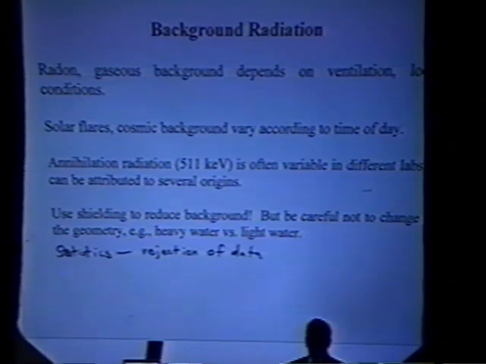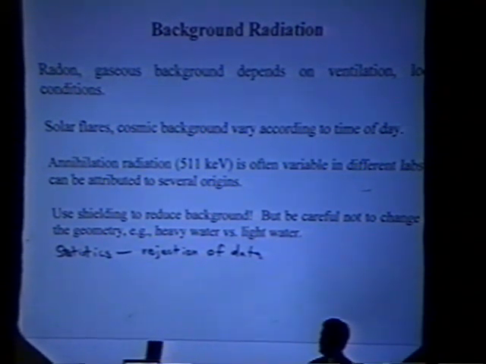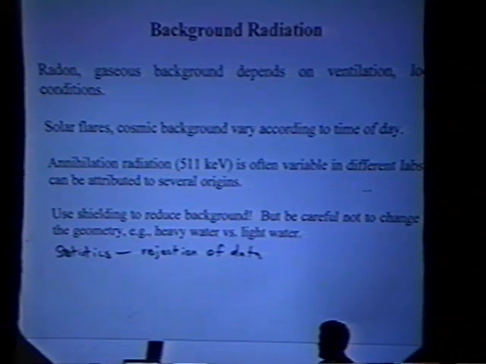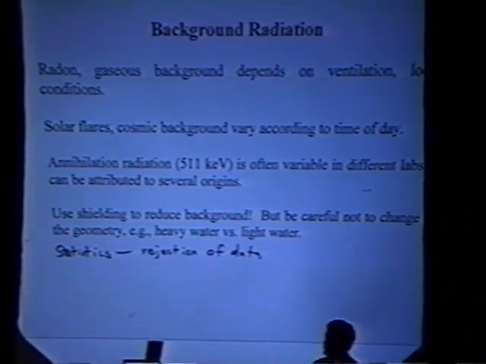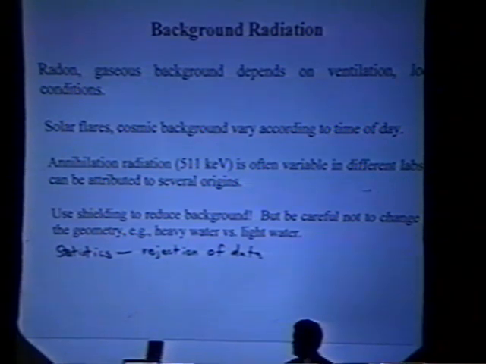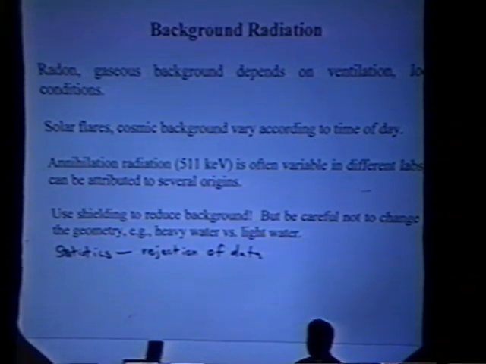Also, there's the possibility of changing the cosmic background, especially if there's something like a solar flare at a particular time. And in some laboratories, the background may vary between day and night, may change even hour to hour. Also, I point out specifically that annihilation radiation is due to several different possible sources, because it's one of the favorite energies that things like to decay at. And so this is often